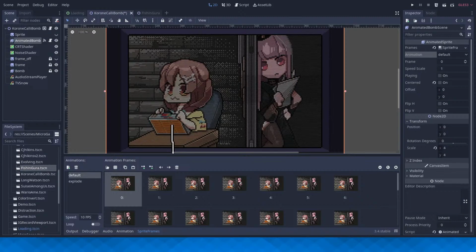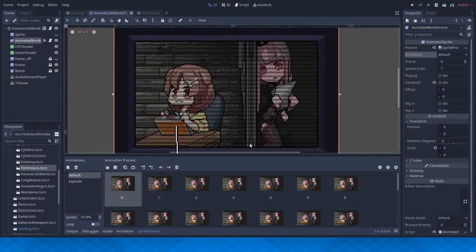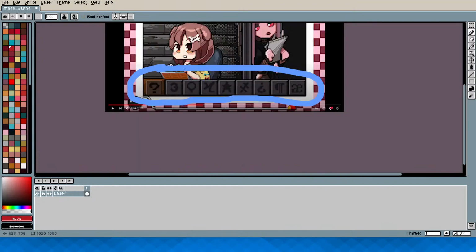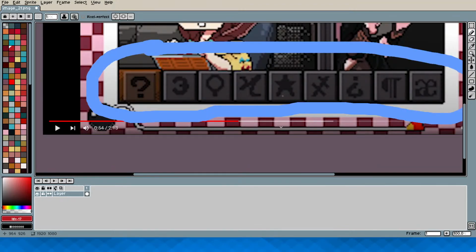So let's see. How big do I want this to be? Well, how many tiles wide is the image? Wait, let me just open up the original image first in Sprite. That's a good idea. Right, now Sprite scene and transition. Okay, good. So these are 1, 2, 3, 4, 5, 6, 7, 8, 9.